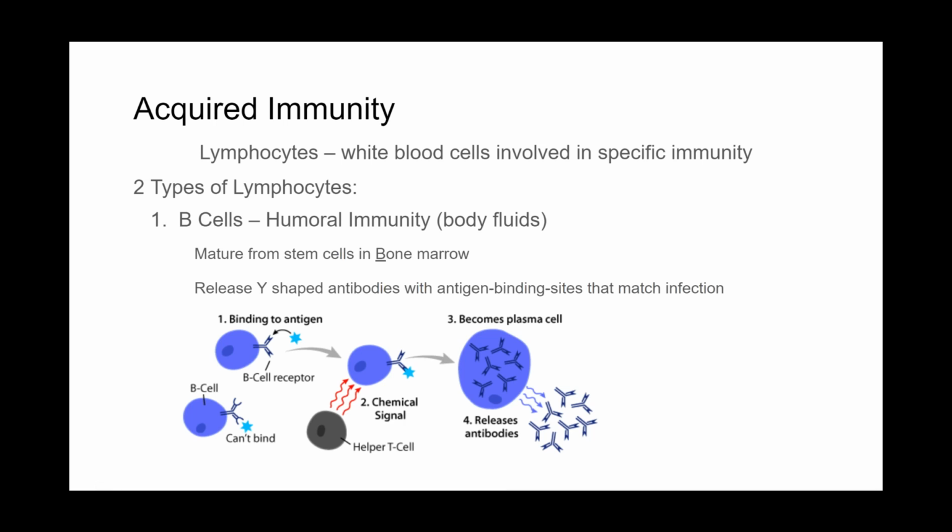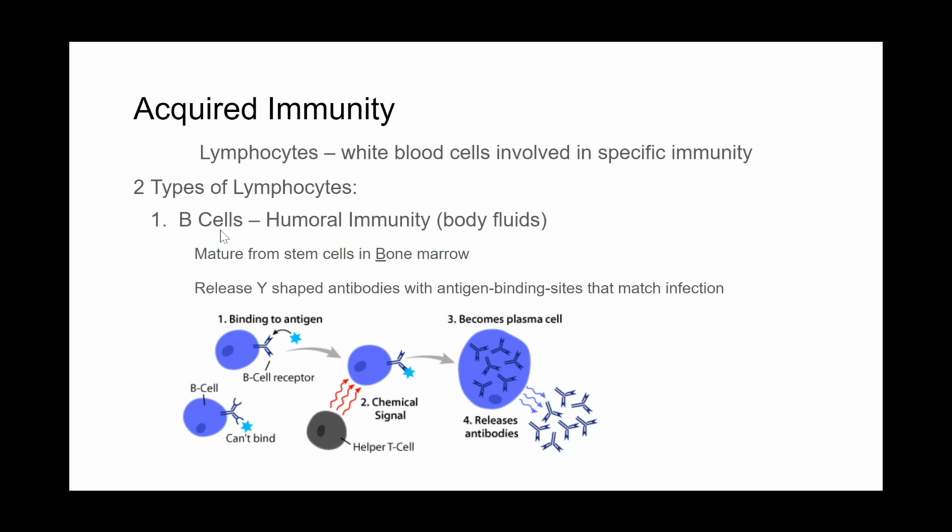This week, we're talking about acquired immunity, which is the way your immune system fights very specific pathogens. It's not just the blanket, we're going to kill everything we see that doesn't belong kind of immunity. It's we know that this thing is out there and we're going to go get it. So there's really two general types of cells that are involved in your specific immunity, and